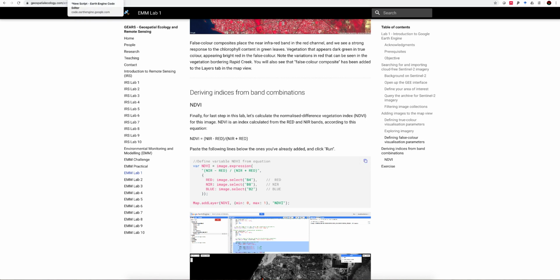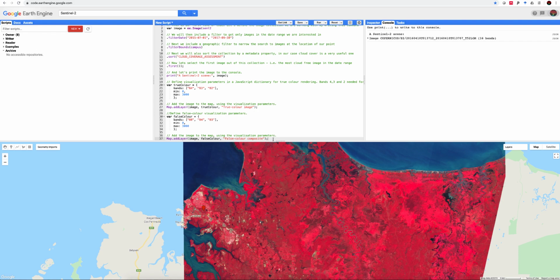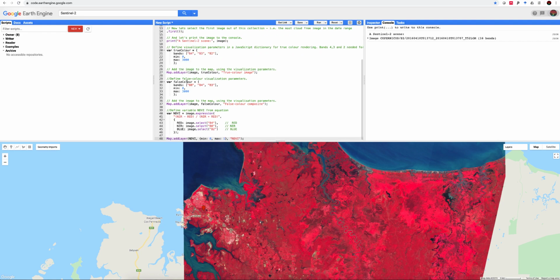So we're going to copy that to the clipboard, come back here, paste it in, and you'll see that we are defining the variable NDVI from our equation. And the syntax for that variable NDVI equals image.expression. And then within these brackets, we put in our actual equation, near infrared minus red divided by near infrared plus red. However,